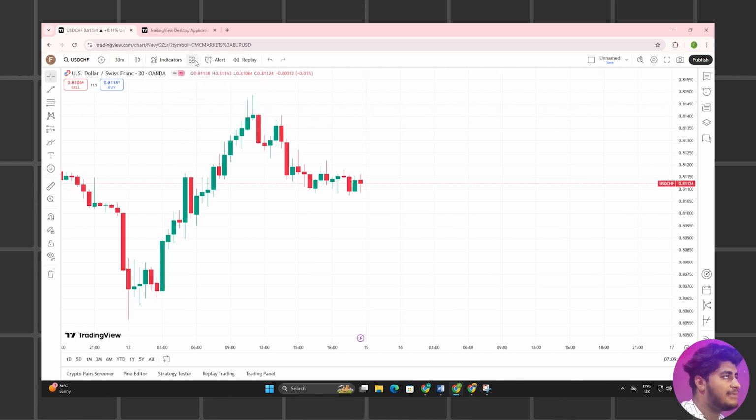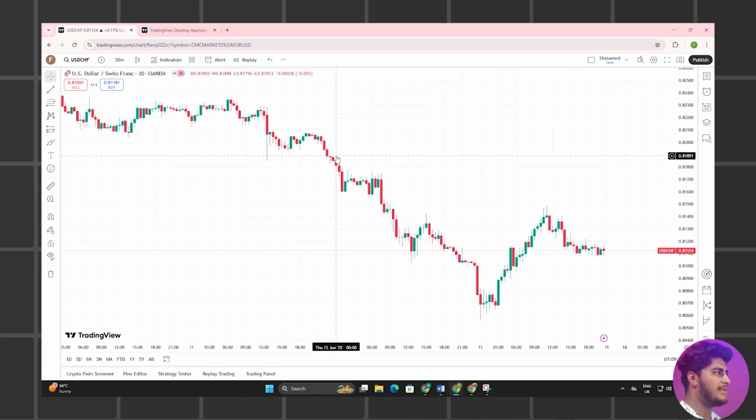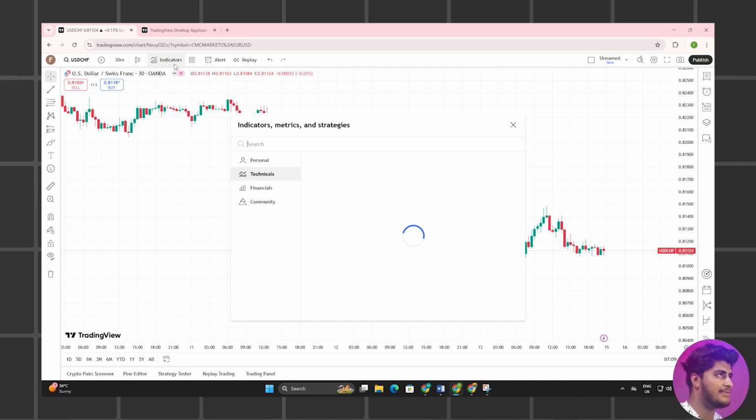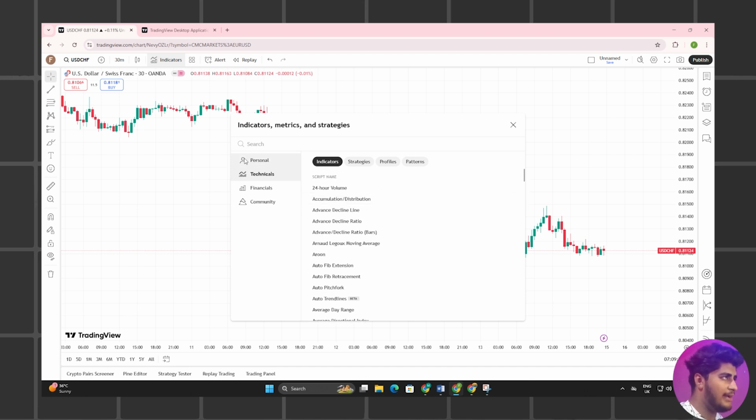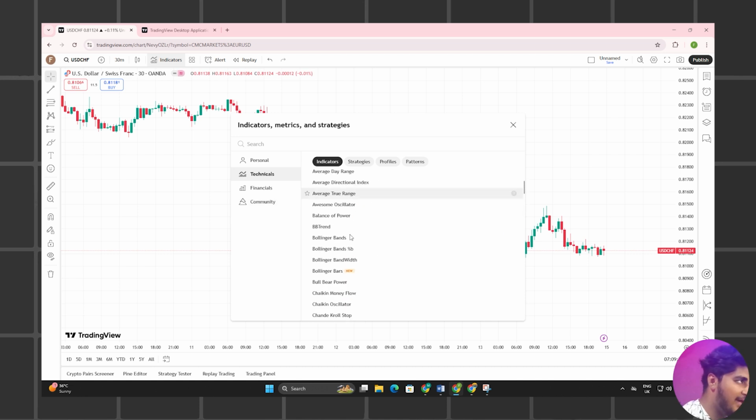Next, if you have any indicators. Now next, indicators. Indicators are the most important thing in TradingView. For example, you need to analyze the charts. You can go into indicators. You can search any indicators you want in personal, technical, financial, community, wherever you want.